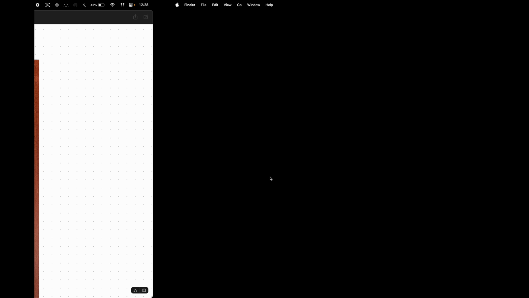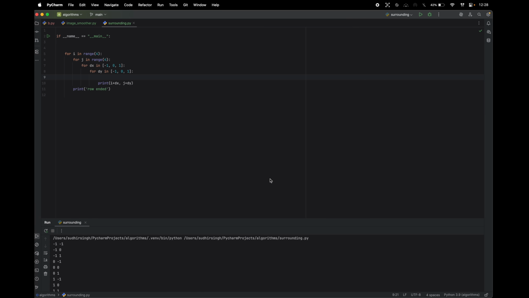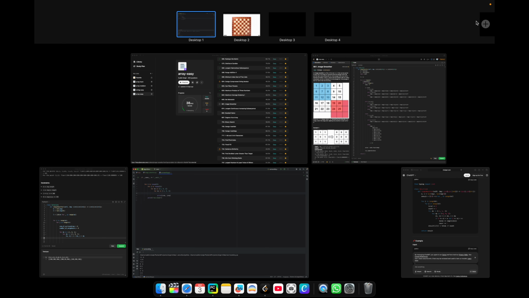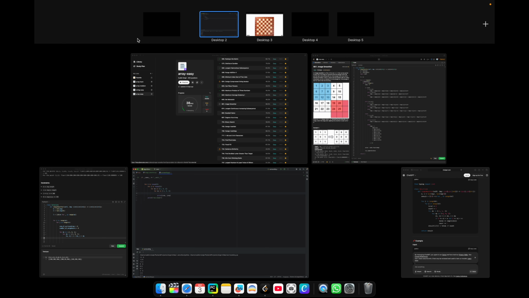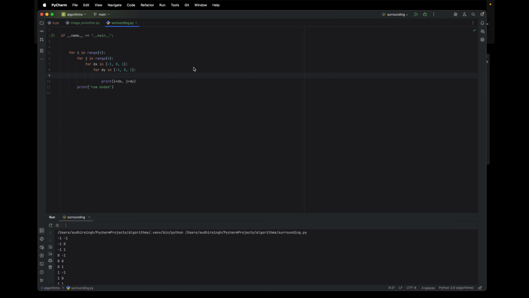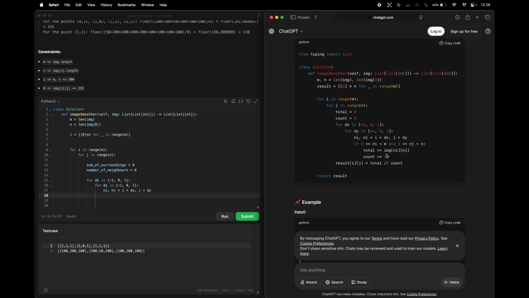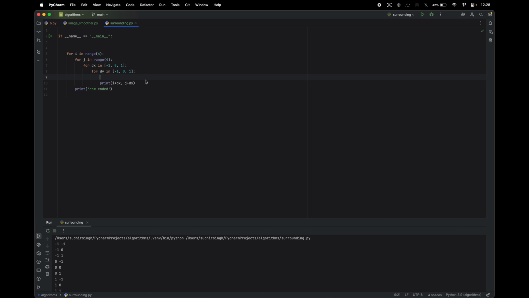Let me think. What's the condition? So new i should be between this and new j should be between this. Cool. Okay. So the condition is saying that this value